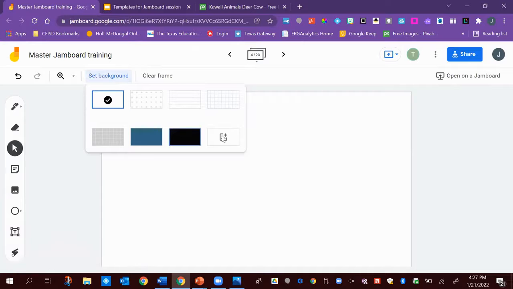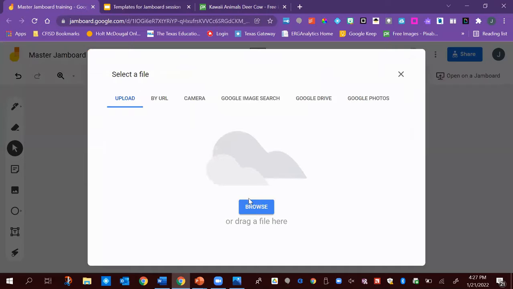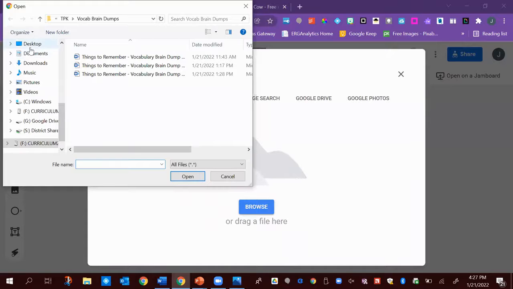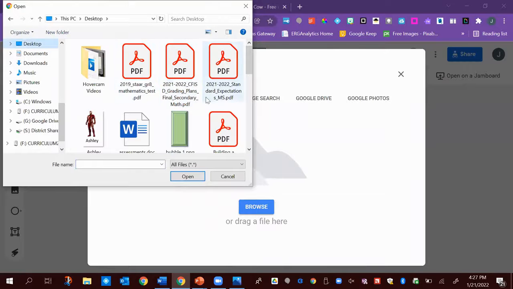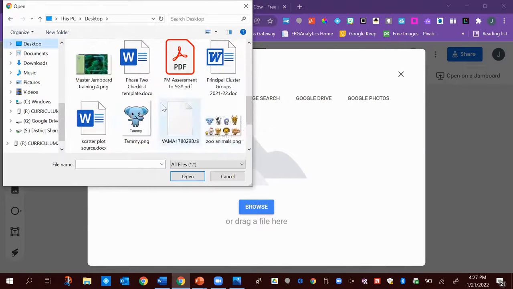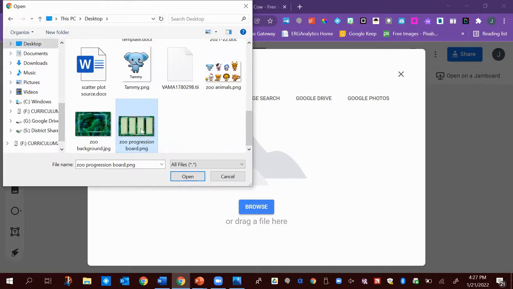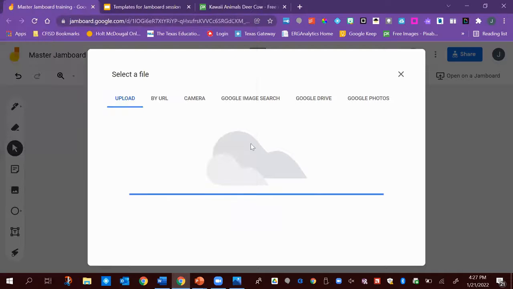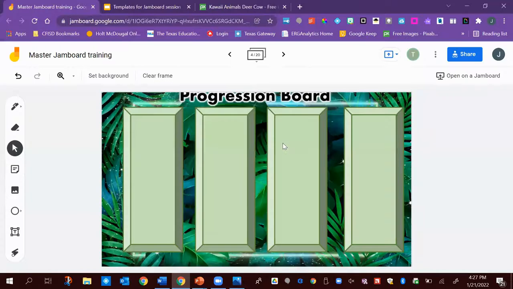Set background. Choose image. Zoo progression board. Oh my gosh. Now, yes, we can kind of fix that. Like we can go back if we want just to kind of bring those words down a little bit,